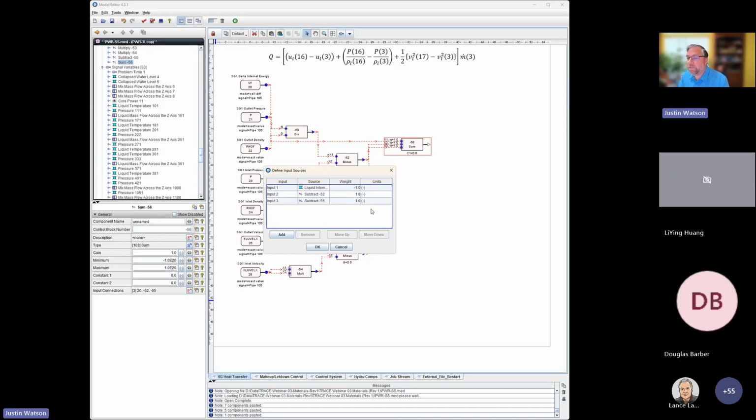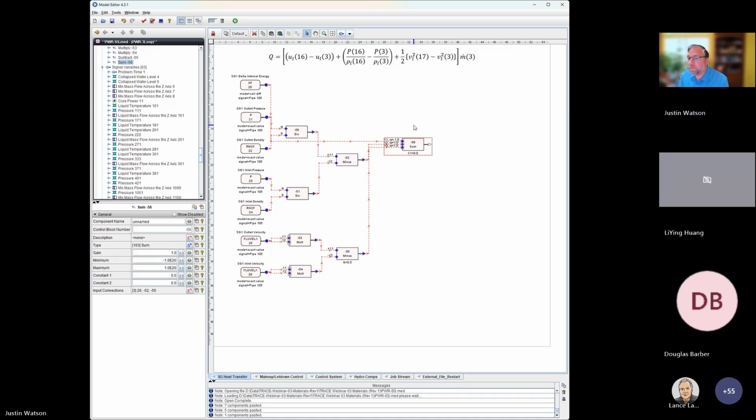And that will fix our sign problem with our internal energy and give us the appropriate sign on our output. And you can see that our weight changed to minus 1.0 in our view here. Okay, so now we have all of the terms added together within our square bracket. The last thing we have to do is add in the mass flow rate and then multiply it times that